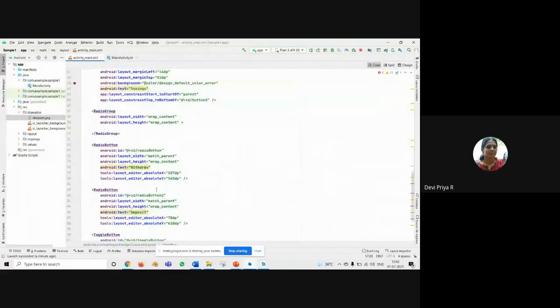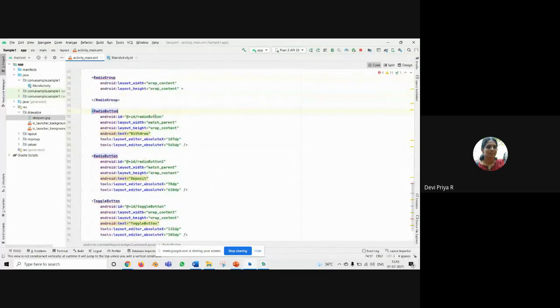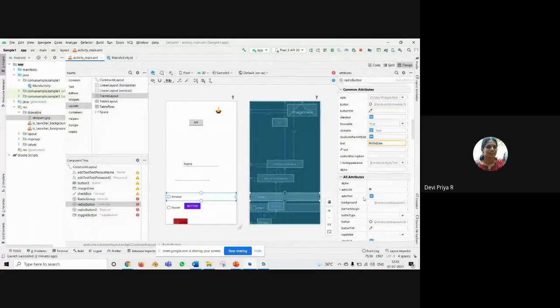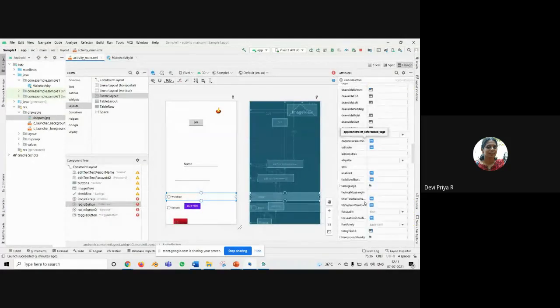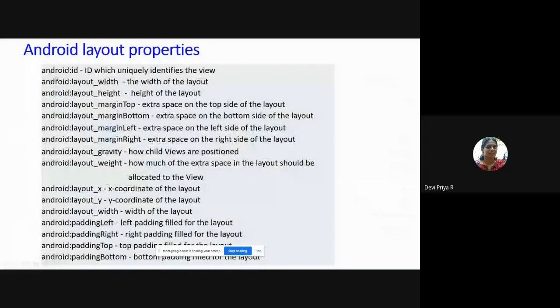This name is automatically created. If you want to change it, you can change it here, or you can change it in the design also. So here you will have that option of ID. This ID name can also be given, but it should be unique. And next, layout width and height of the layout.